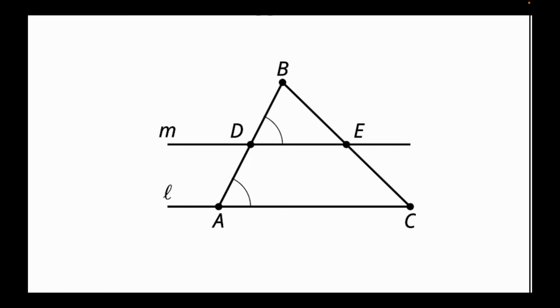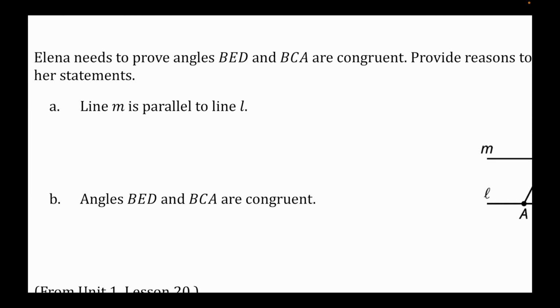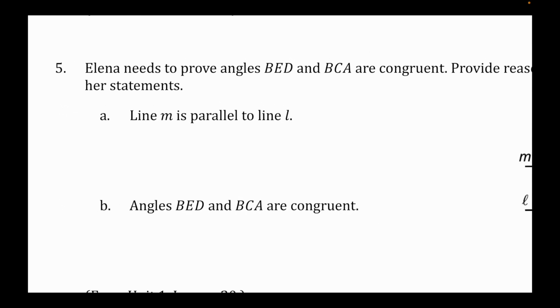So the converse of the corresponding angles theorem says that if we have two lines cut by a transversal, in this case BA, and corresponding angles are congruent, then the lines are parallel. The original version says that if the lines are parallel and cut by the transversal, then we have the angles congruent. But we're using the converse here. So we can say